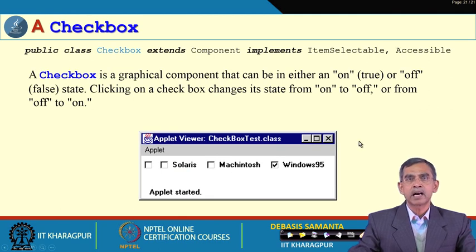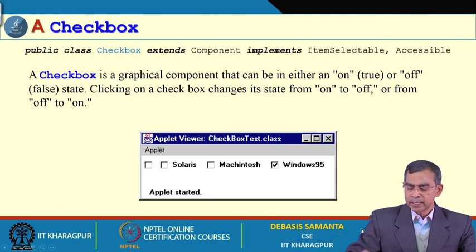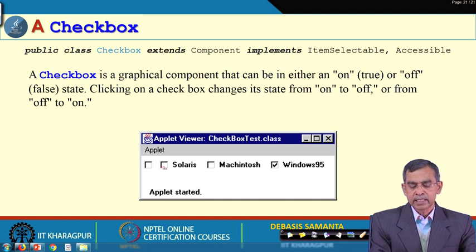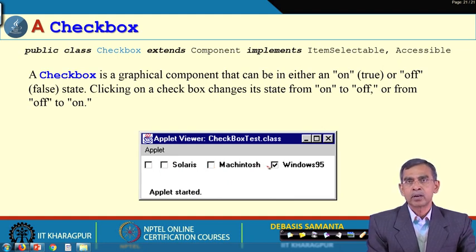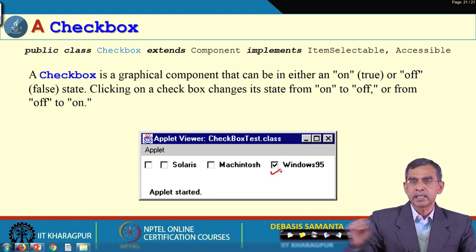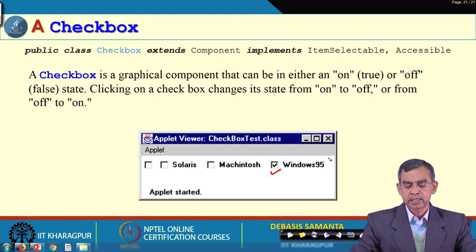Now the checkbox, how does a checkbox look like. So typically a checkbox looks like this one. A checkbox has this kind of box, and then there is a label, and then this can be clicked, or a keyboard key can be pressed there. So this checkbox can be selected. For example, this checkbox is selected. If selected, it will show a tick. So here we see 4 checkboxes which are contained in an applet.